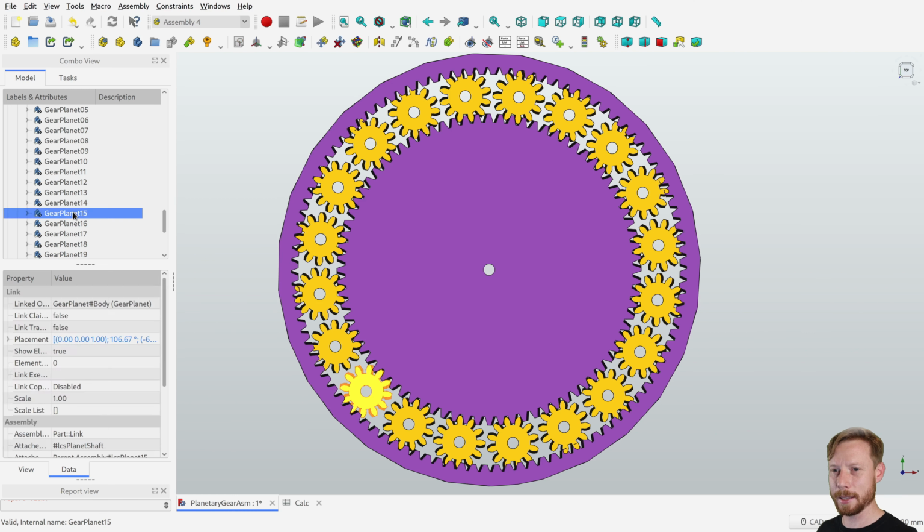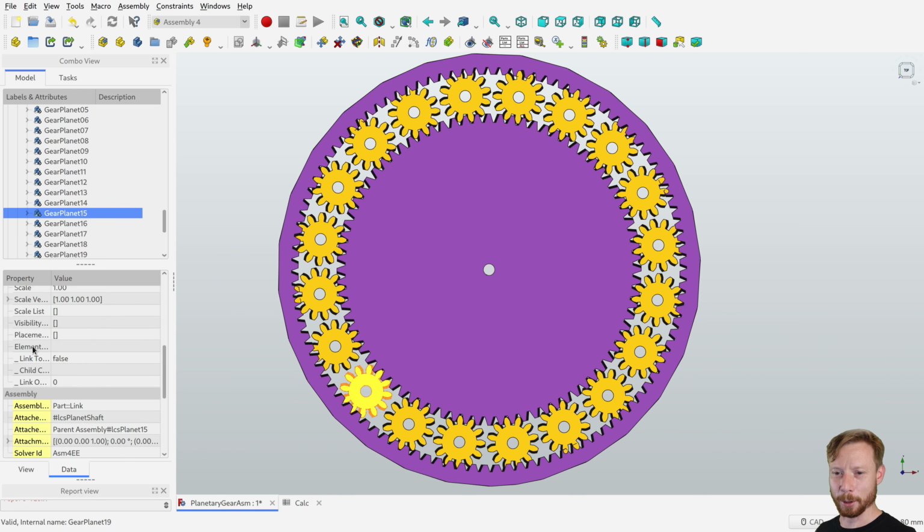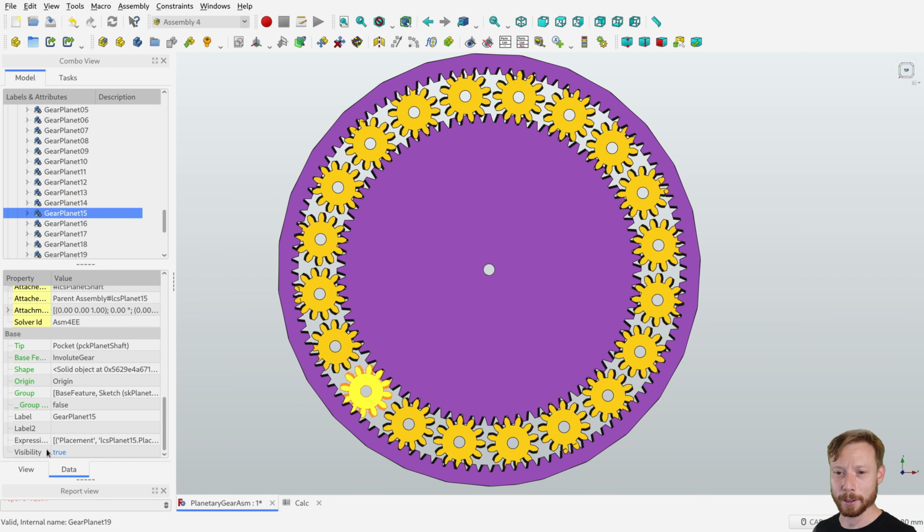So like most FreeCAD objects, they all have parameters and properties. All the fun ones are hidden. So if we right click and go show all, now if we scroll all the way to the bottom, there is a visibility field. It still doesn't have a nice little formula icon next to it, just a little drop down with true and false. If we right click on it though and select expression,